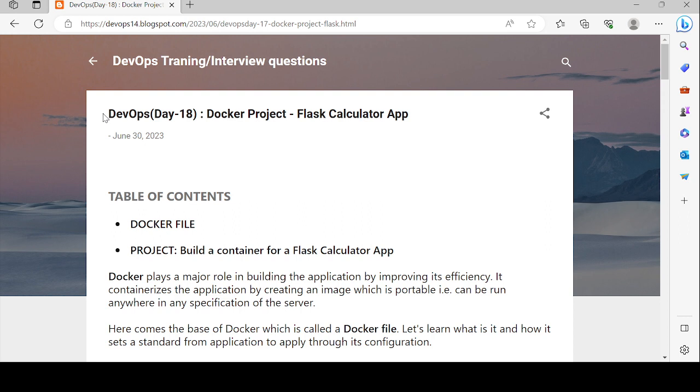So today we are going to discuss the Docker project. We are going to build one app, and in this session I'm going to explain all about the Dockerfile and its contents, and a sample project of how to build a container for a Flask calculator